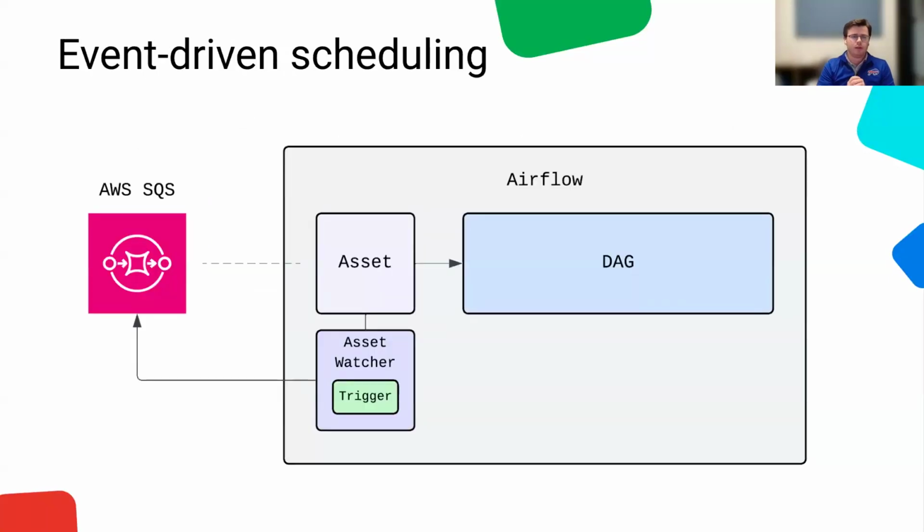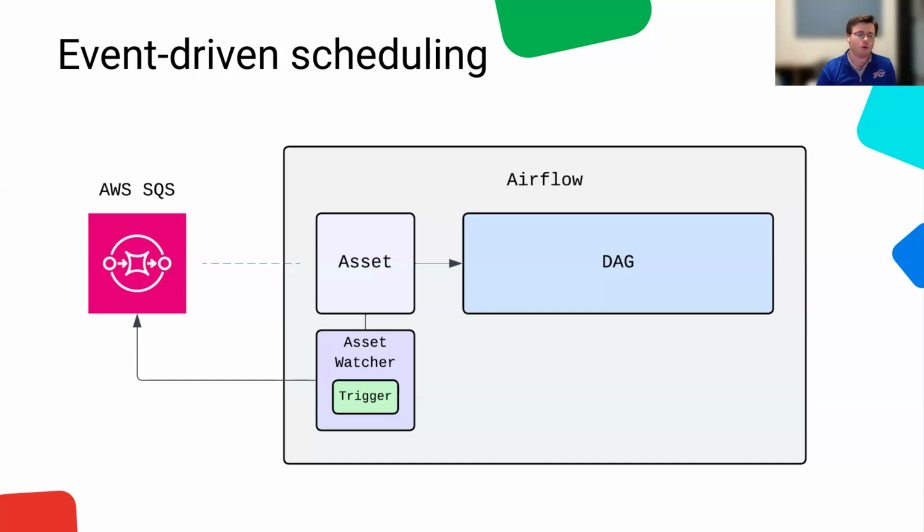This AIP started back in April, May, June, when one of my goals was to start to put together event-driven scheduling provider operators. They actually come in the form of triggers. I wanted folks to be able to do things like when a file lands in S3, trigger a DAG, or when a SQL query is executed and it meets a certain condition, go ahead and trigger a DAG, or a file lands in an external stage, whatever that is. However, I could not do this.